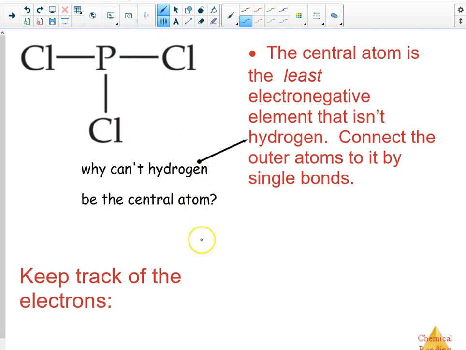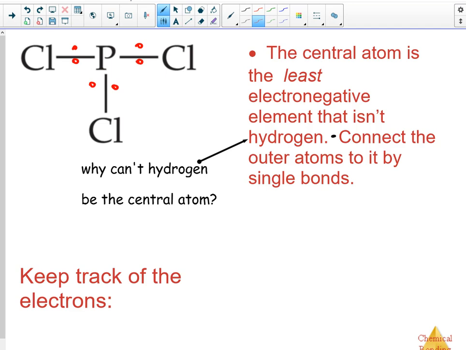Okay? So, we first count up the total number of valence electrons. Then we put the central atom as the least electronegative of them. And then, this should be like a dash and down here. Connect the outer atoms to it by single bonds. Okay, that's what these dashes are. The dashes are representing pairs of electrons, which is a single bond. So I have 1, 2, 3, 4, 6. Okay, so far over here,